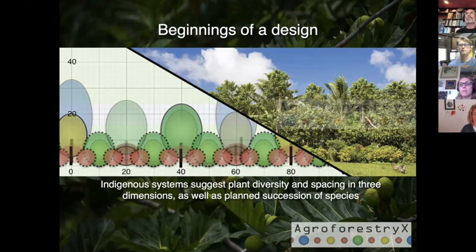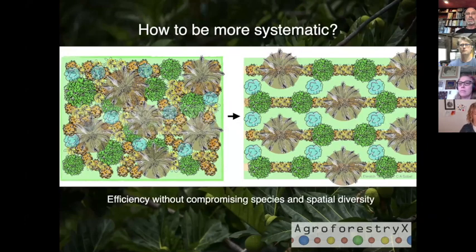And we have a sense for the diversity of species in a functioning, regenerative, indigenous agroforest. And there's another piece of this, which is succession of species, which I'll talk about in a moment. But we have the beginnings of our design from this layered canopy structure.